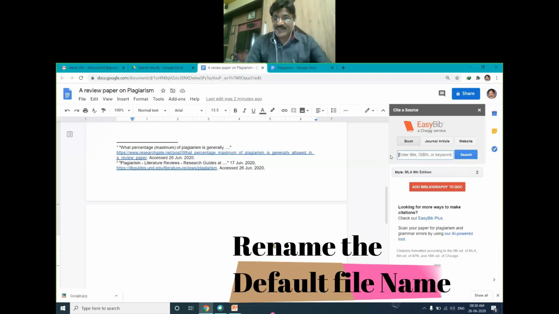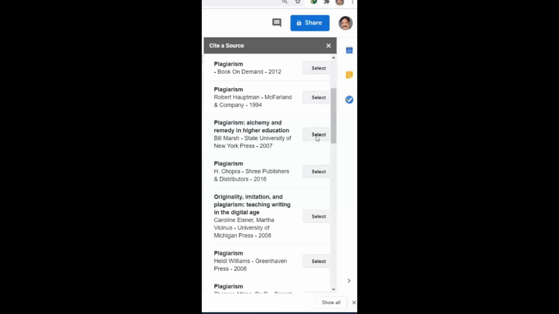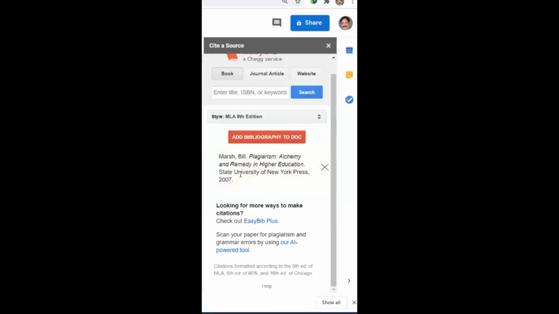It means you can extract the details of that particular book, journal article or website. First of all, we will try with a book. Assume the name of the book. It is showing the list of the books. Assume that this is the one. Simply select it. Okay, the detailed information has been extracted.